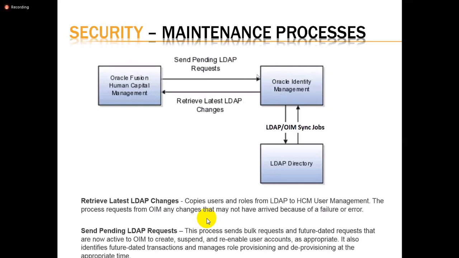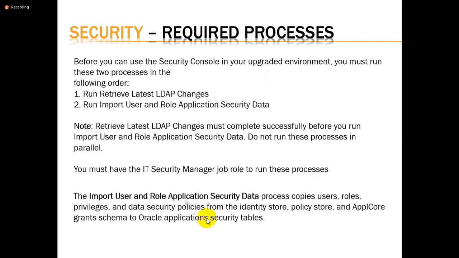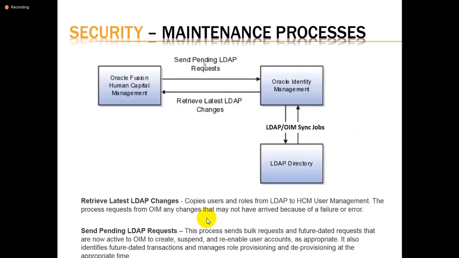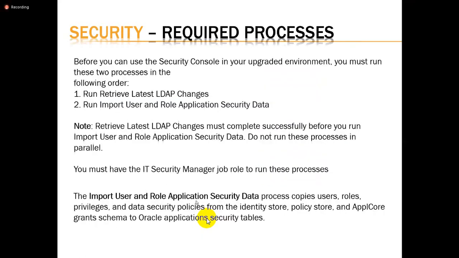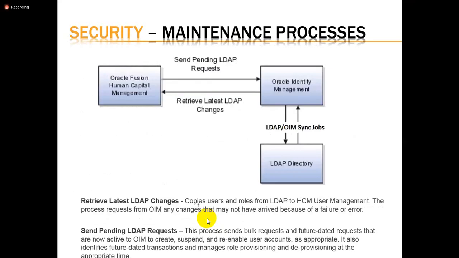So these jobs have to be run every night. Typically in production, we have 3 jobs running every night. This is the first job, second job, and third job. These are the only jobs for security we have to run every night. So as an implementation, to begin with the implementation of any of the security, schedule these 3 jobs to run every night in the order of 1, 2, and 3.